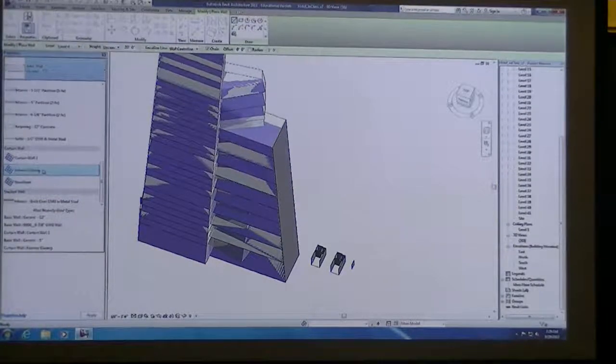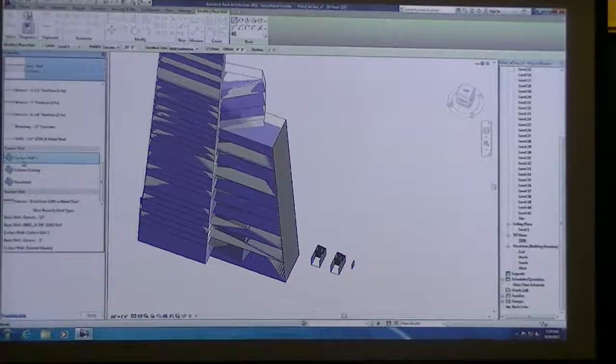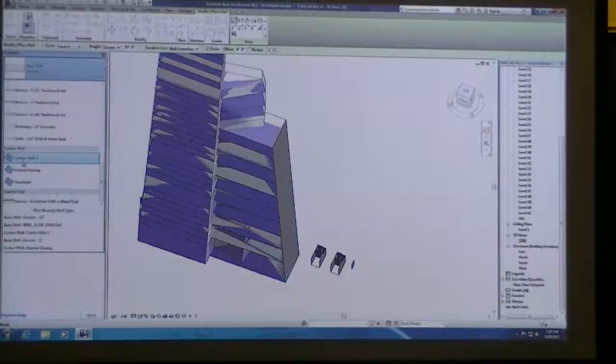You can create a storefront system or a curtain wall system. The difference in real life is that a curtain wall system, and I'm just going to give you some facts here, and then I'm going to tell you how Revit works, so everyone pay attention. Curtain walls are window systems that are hung from above, right? They're supported from the top and they kind of float at the bottom, and they move with deflection, and they're